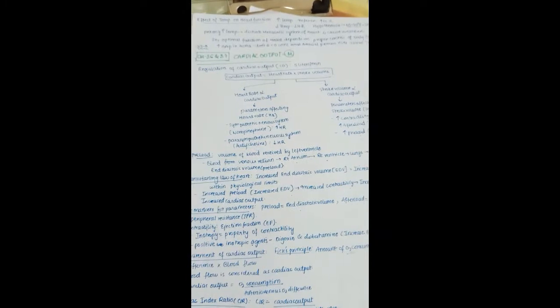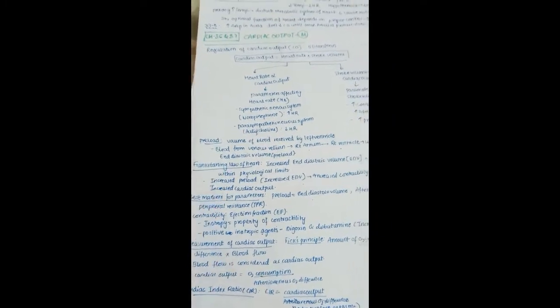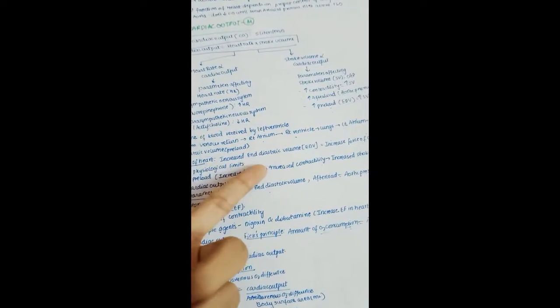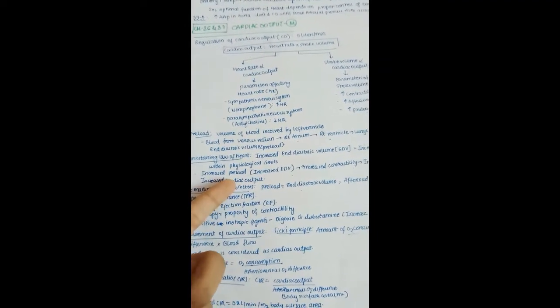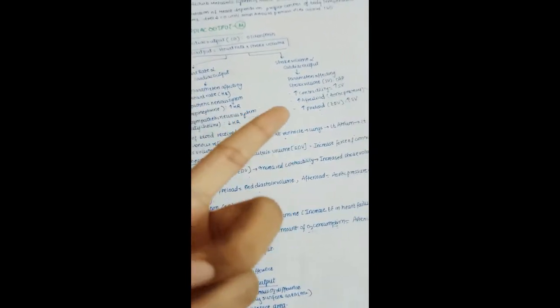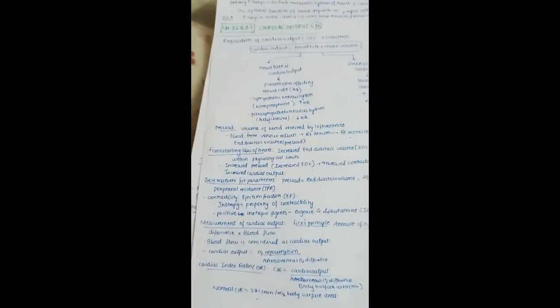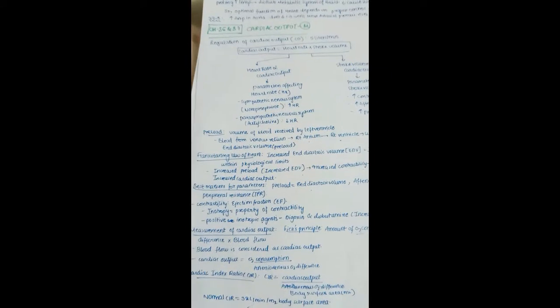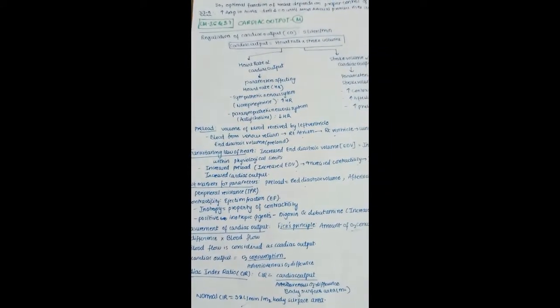So this preload helps in increasing the contraction of the heart. The Frank-Starling law is mainly dependent on the preload. So an increase in end diastolic volume, or nothing but an increase in preload, leads to an increase in force of contraction, within the physiological limits. This is the Frank-Starling law. So increase in preload, increase in end diastolic volume, which further increases the contractility of the heart and in turn increases the stroke volume, and of course also increases finally our output, that is our cardiac output.